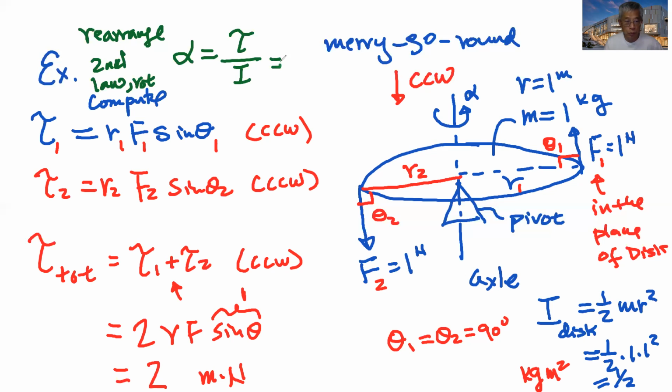So that's equal to 2 meter Newton, and those are all SI units, and I is kg meter squared. So that's equal to 1/2, so it's going to be equal to 4, and that's radian per second squared. So then you have your alpha. We're going to stop there, and so hopefully you learned a little